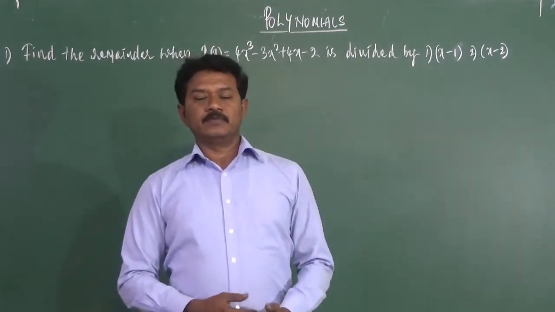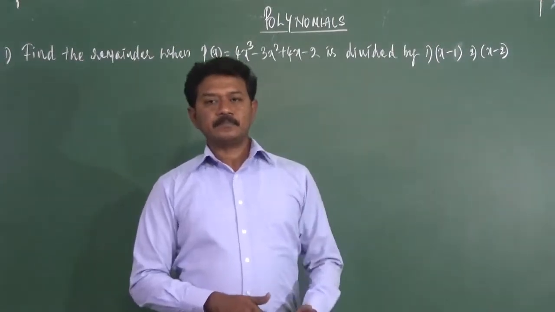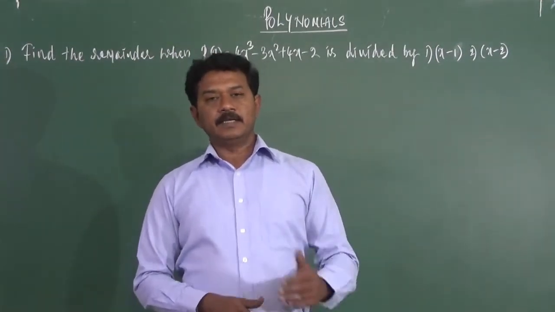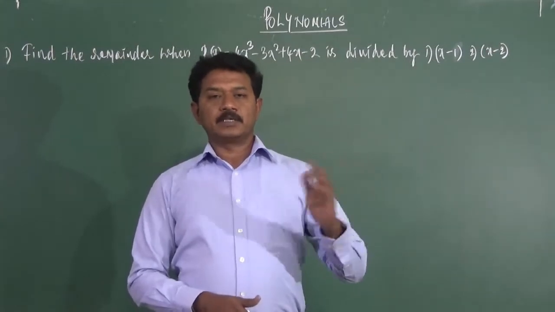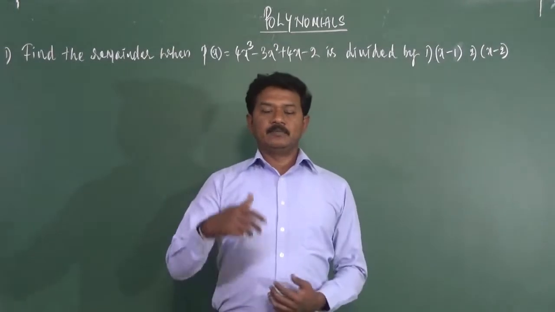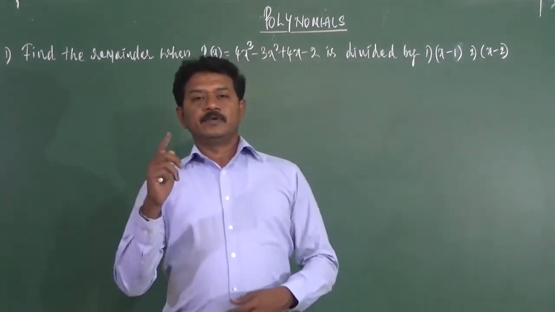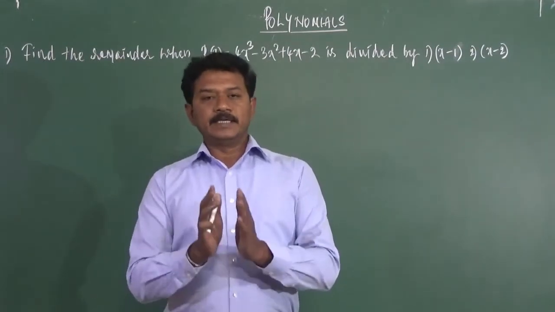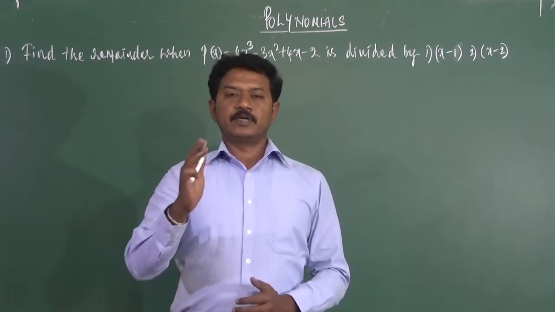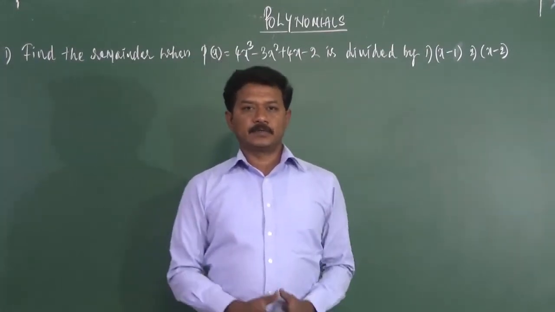In today's session we are going to apply that remainder theorem to polynomials, and here we are going to find the remainders when two polynomials are given. You will be given a p of x of some degree and a g of x, which is compulsorily a linear polynomial. We will be asked to find the remainder when p of x is divided by g of x without actual division, but by using the remainder theorem. That is the question here.